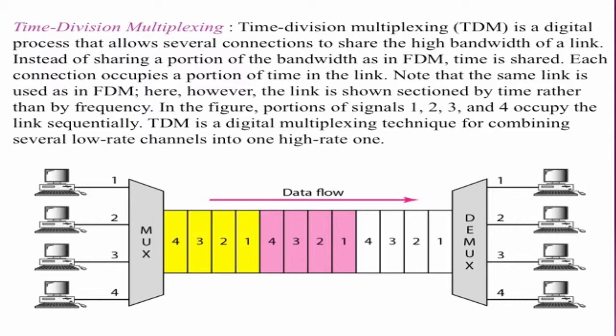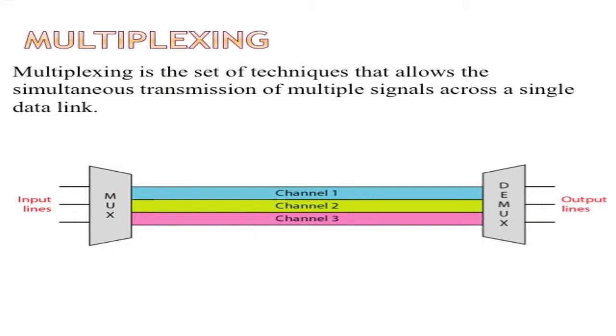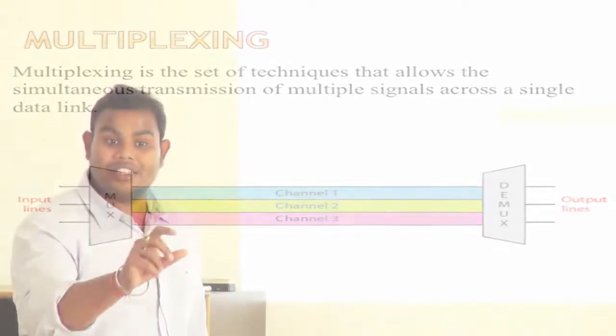Previously, what were we doing? We were dividing into channels according to their frequency. The best example is your FM radio. Suppose the FM radio has different bands. Bands means frequency. Setting to that band means you are setting to that frequency. That means if I set the band 103.2, then that frequency can be caught by the radio. Clear?